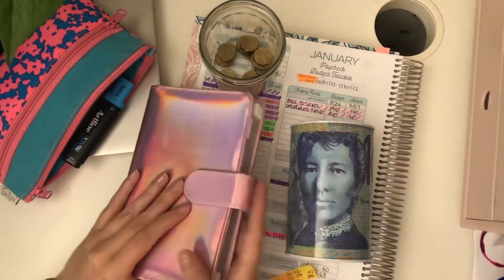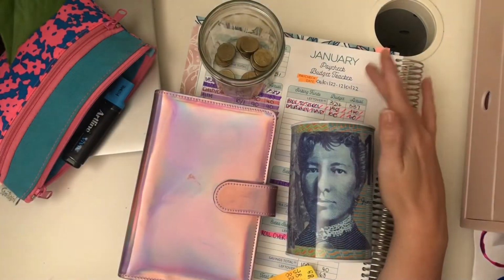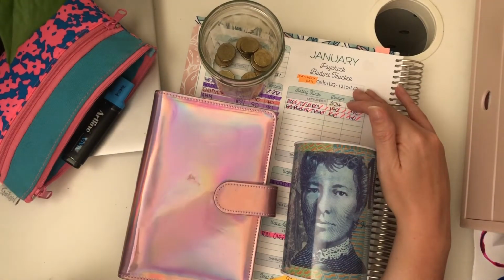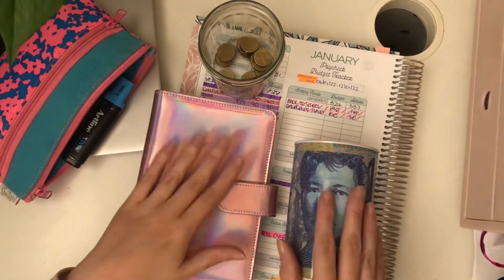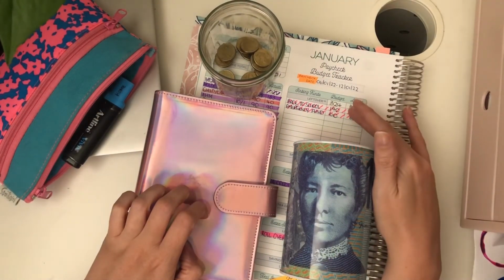But anyway, yeah, I just wanted to run through today my cash envelopes and what I'm doing with the change and all of that. I tried doing a video about one of my paycheck budget trackers, but it went for like half an hour because I just rambled on about nonsense. So I thought I'll do this one, and then once I get over this tracker that had me stumped,